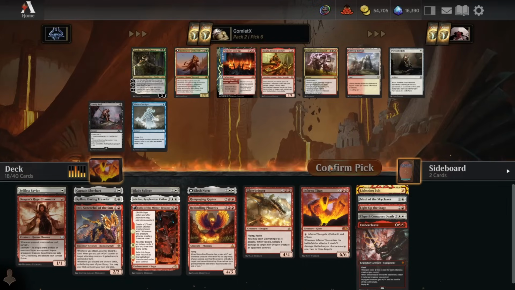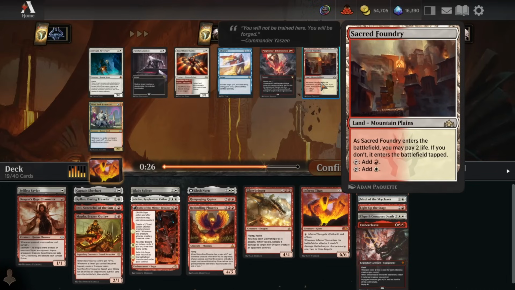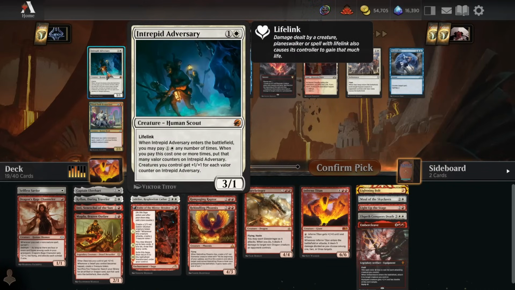I guess I'll take the Magda over Clifftop Retreat since they are both fixing. Pick 7? Dang, why does all the good stuff gotta clump up? Now Sacred Foundry has clumped up into the same pack as Intrepid Adversary, which is phenomenal. A 2-mana 3/1 lifelinker just to play as an aggressive threat, but if you top deck it later, you also get to buff your whole board,